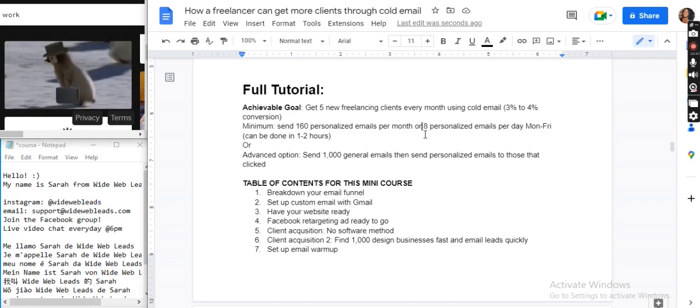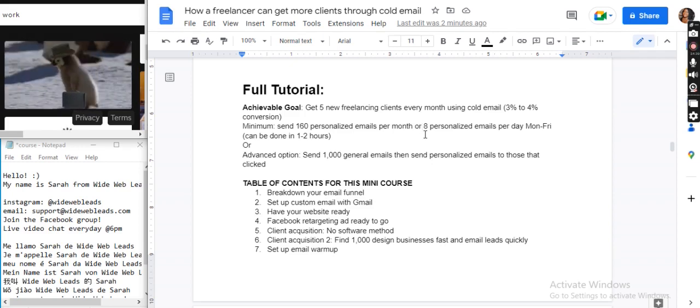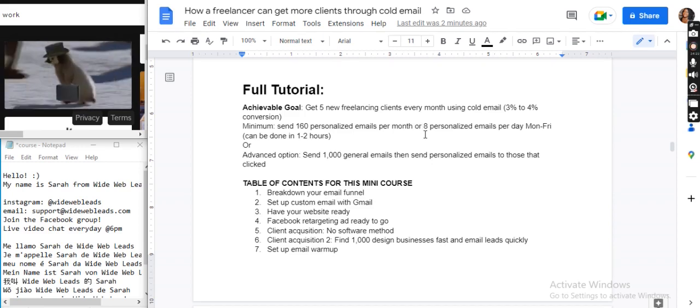But for those of us who just provide something that's more so saving time for the business owner, or saving them maybe money, or something where there are lots of different options and competitors out there, I wouldn't recommend going generic. With all of these options out there, why should they work with you, right? If you're just going to send another generic email for web design or freelance writing, why should they work with you?